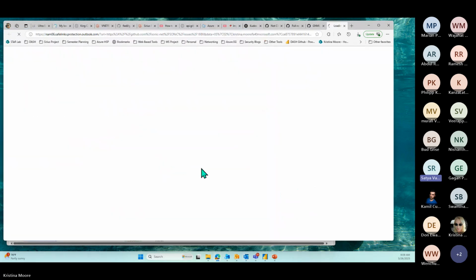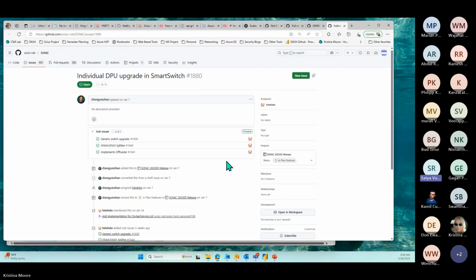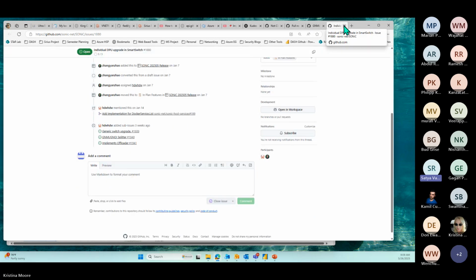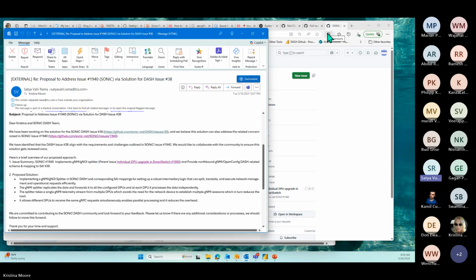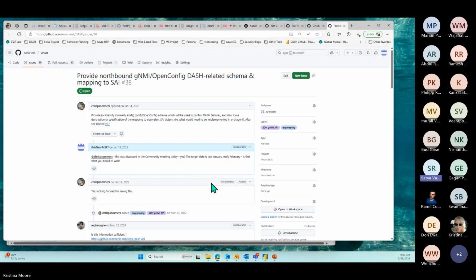Keeping SONiC 1940 in mind, we want to provide a solution under the gNMI OpenConfig open issue, SONiC Dash issue number 38, which asks for a northbound gNMI OpenConfig Dash-related schema and mapping to SAI.